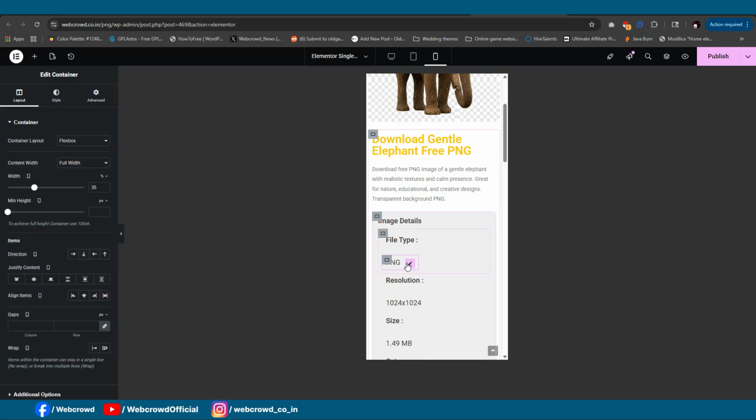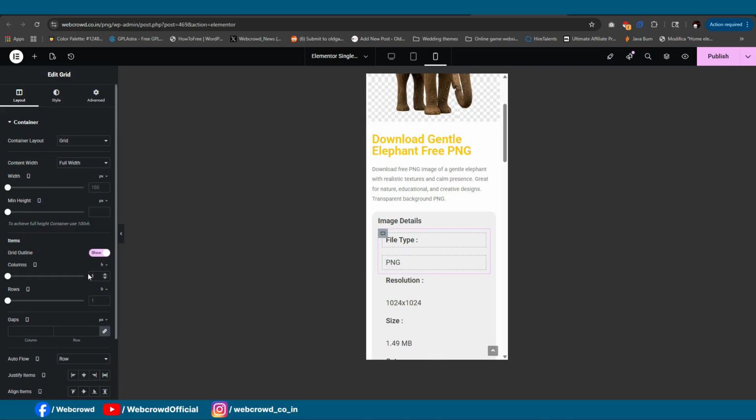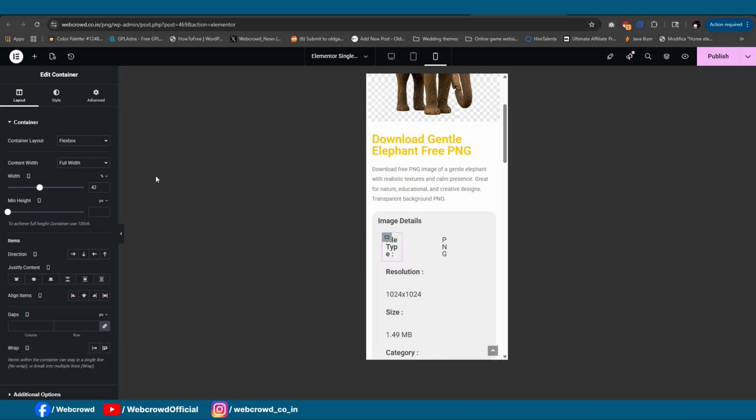Okay, so here also, alright. Now select this, and here you will see columns 1. We will set this to 2 and make this 100%. Okay,